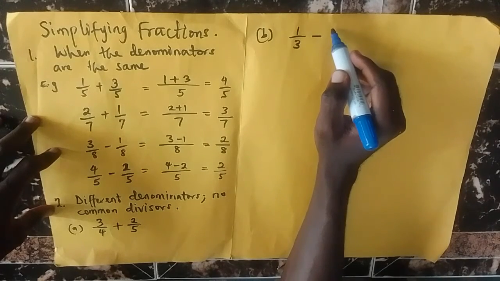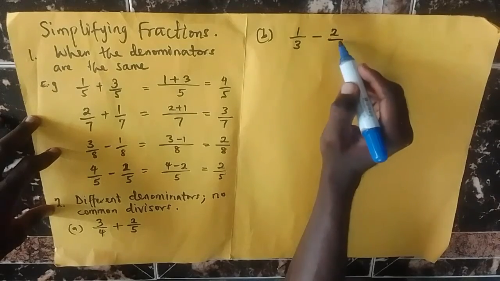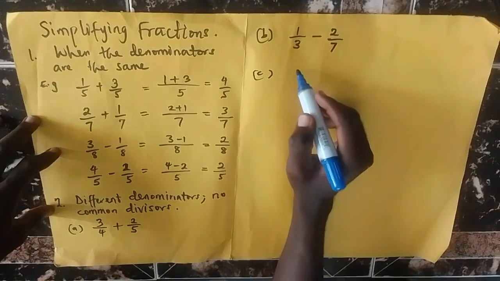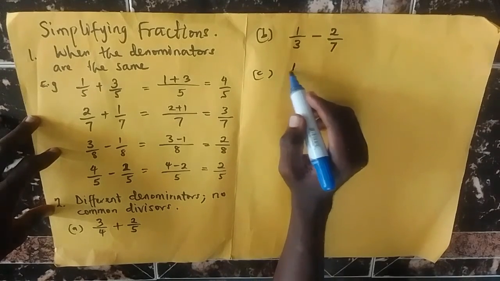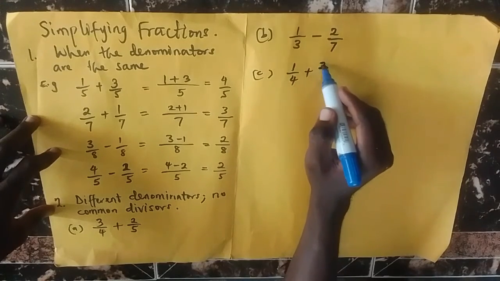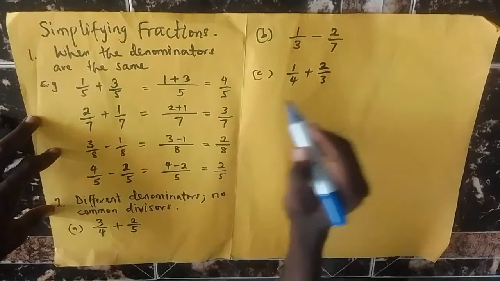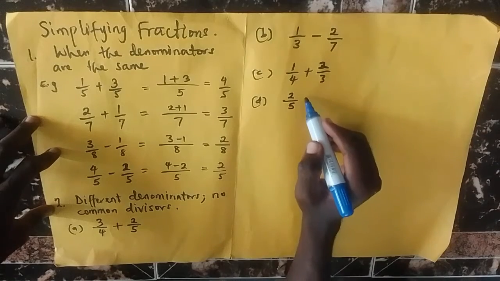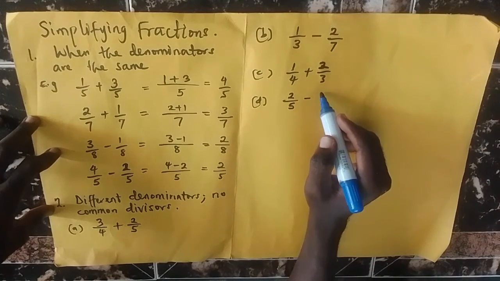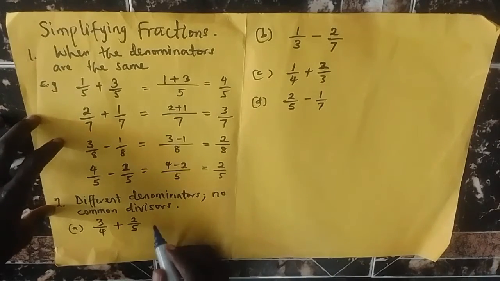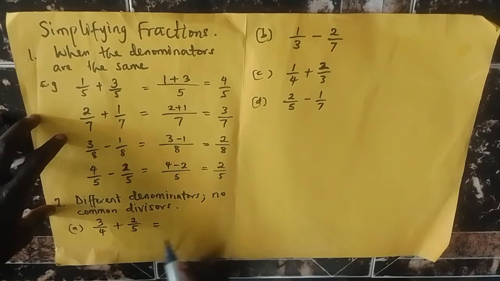minus 2 over 7. And C, we have 1 over 4 plus, let's just say, 2 over 3. And D also, we can have 2 over 5 minus 1 over 7. So like this one, what you do is that we'll have 4 and 5 multiply this way,